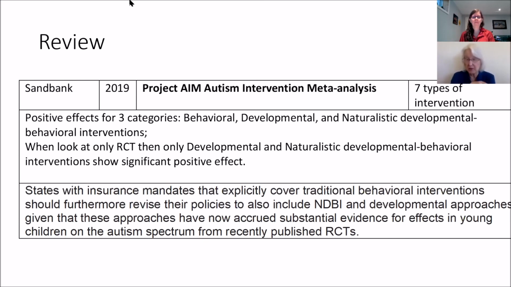He and his team, a team from across the country, looked at 7 different types of intervention and basically came down with positive effects for 3: behavioral interventions, developmental interventions, and naturalistic developmental behavioral interventions. But when they looked only at randomized control trials, then only developmental and naturalistic developmental behavioral showed significant positive effect, not behavioral. And then he had this statement, which is here if anyone needs it, about insurance,